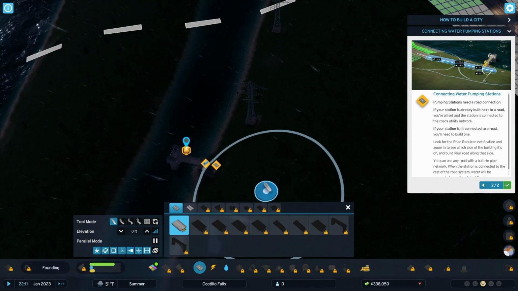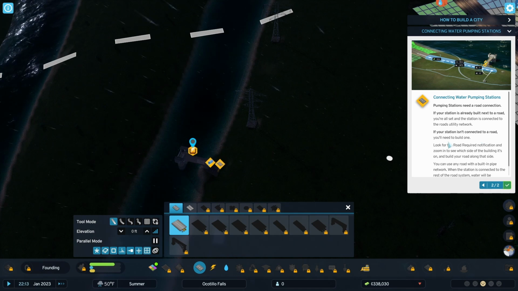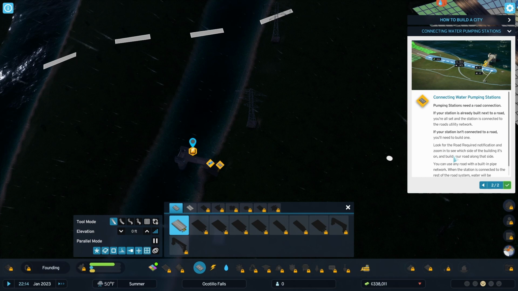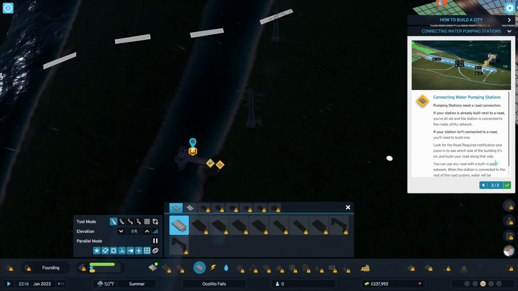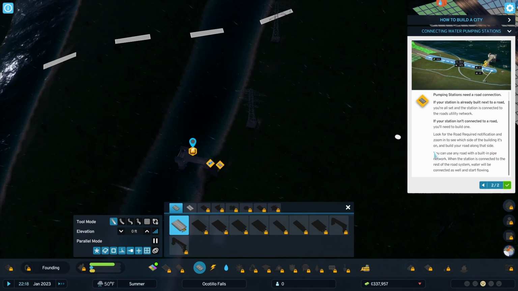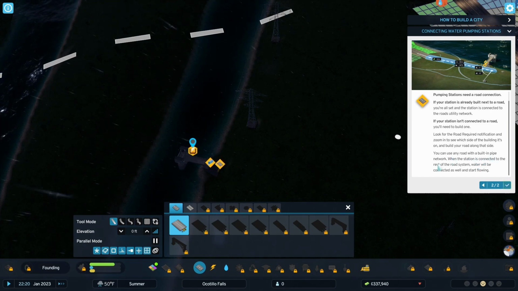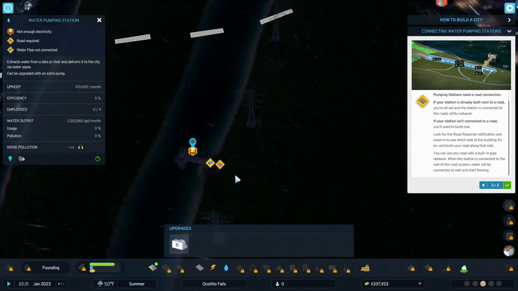I don't understand. If your station isn't connecting to a road, you'll need to build one. Look for the road requirement notification and zoom in to see which side of the building it's on. Build your road along that side. Oh, it has to be like that? No. You can use any road with a built-in pipe network when the station is connected to the rest of the... Okay, I don't...